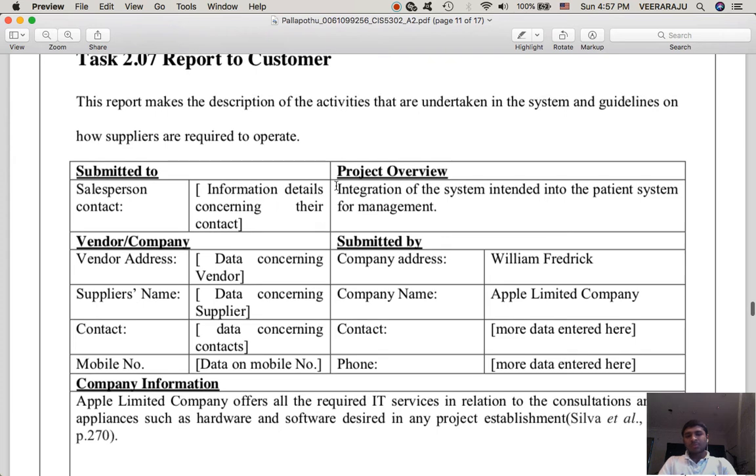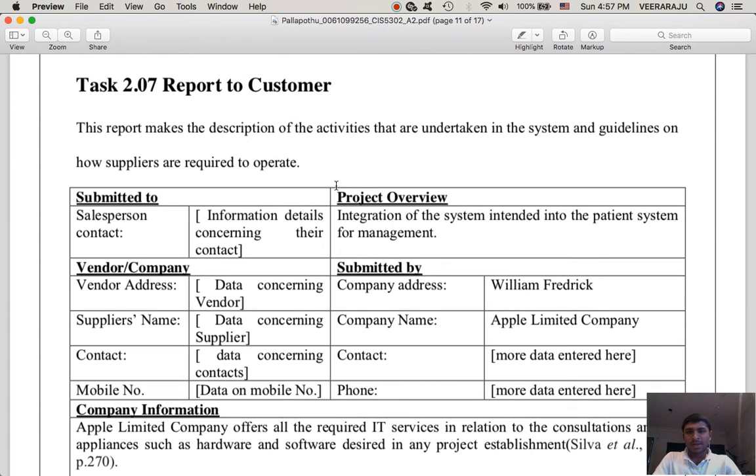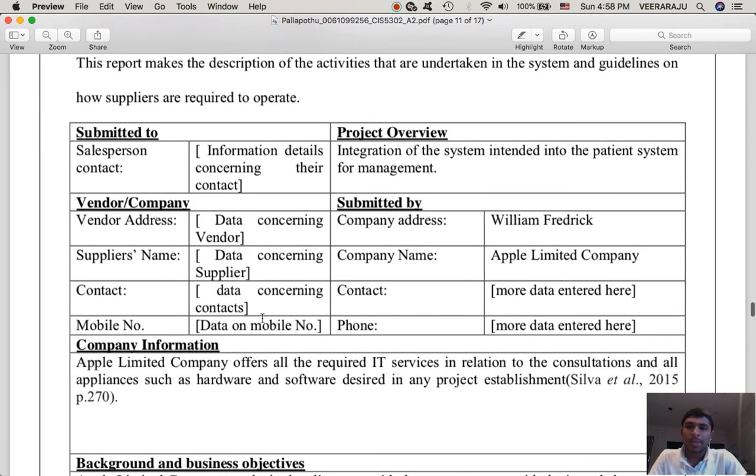So, report to the customer, in the sense that after dealing with the customer or patient, like if we go to the doctor or any specialist, some reports on the activities that are undertaken have to be submitted to the customer, for example salesperson contact, integration, project review, vendor, company